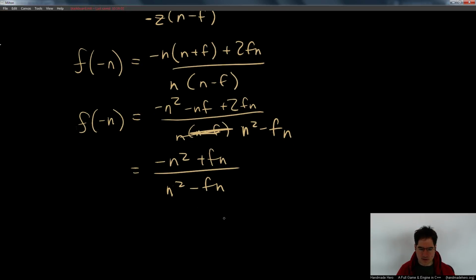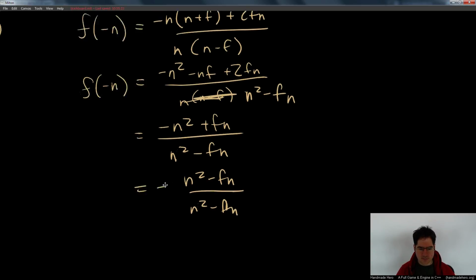That's the same there. And so if I actually look at what this should pull out to be, pulling out a negative from this, I end up getting negative n squared minus fn over n squared minus fn, which should be negative 1,